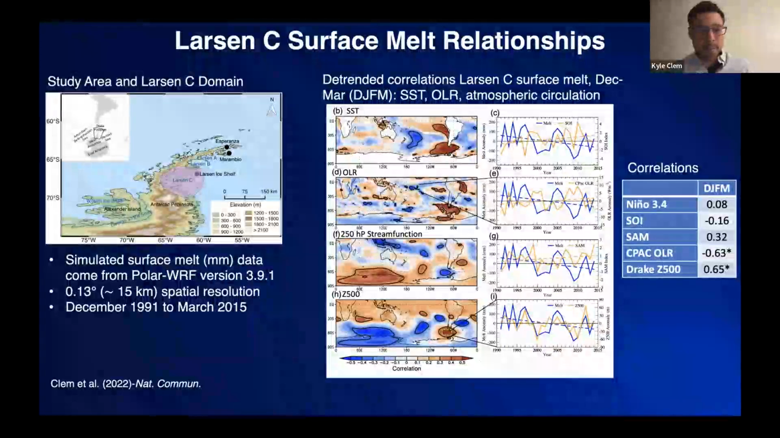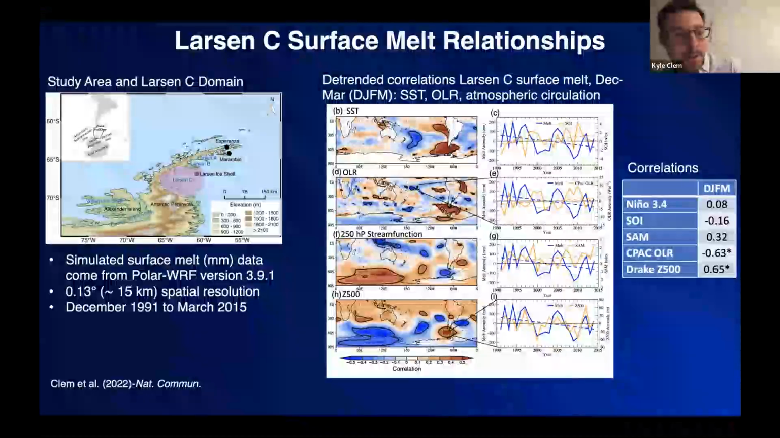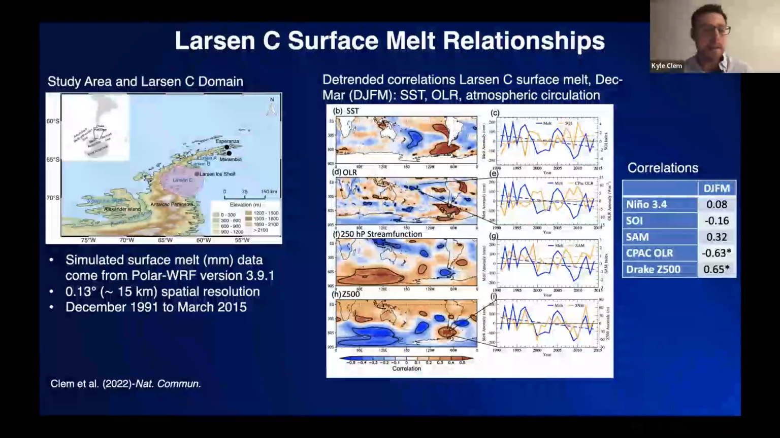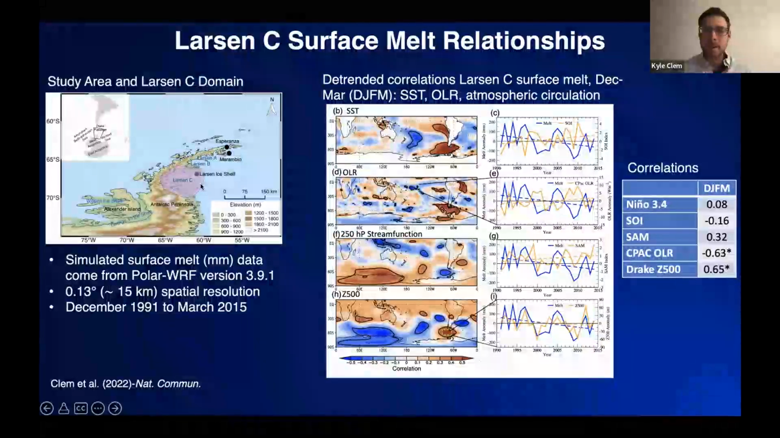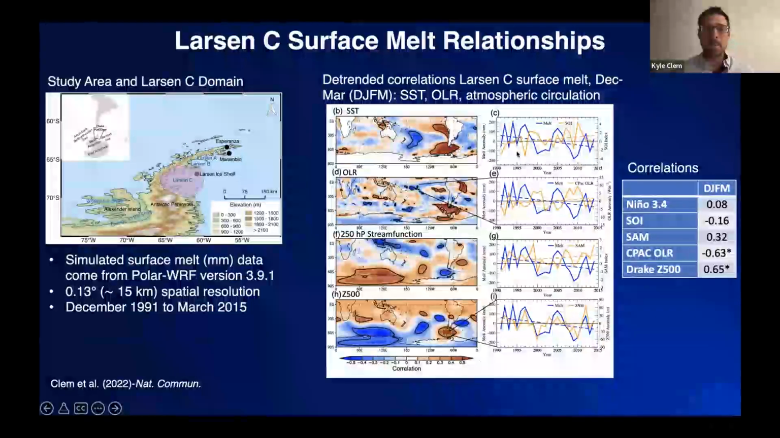And so in this study with my colleagues here, which was published just a few weeks ago in Nature Communications, we used surface melt data on the Larsen C ice shelf from a high resolution Polar WRF simulation. And this was run from December 1991 to March 2015. And with this simulation, we extracted surface melt on the Larsen C ice shelf. And we started just by investigating what drives variability in surface melt down here, where we don't have long-term